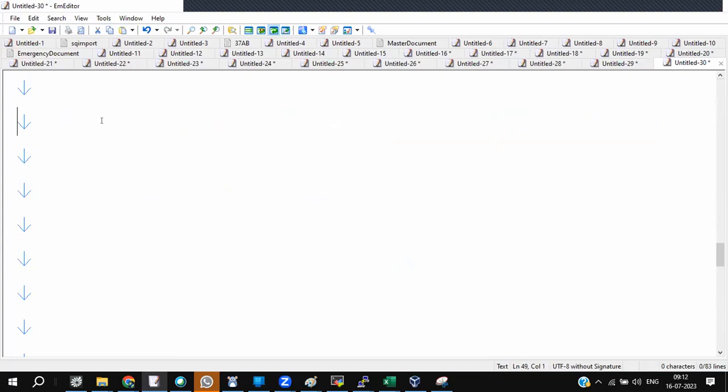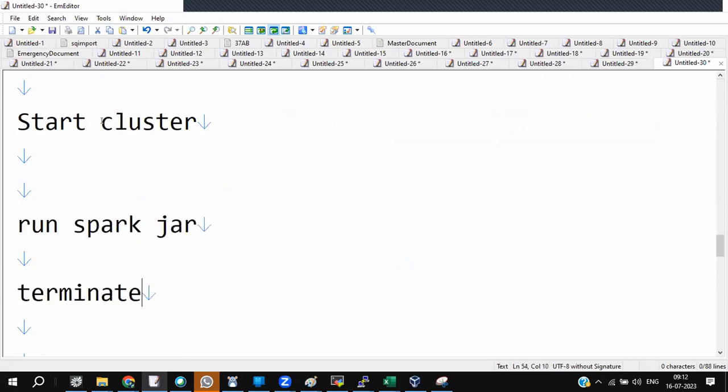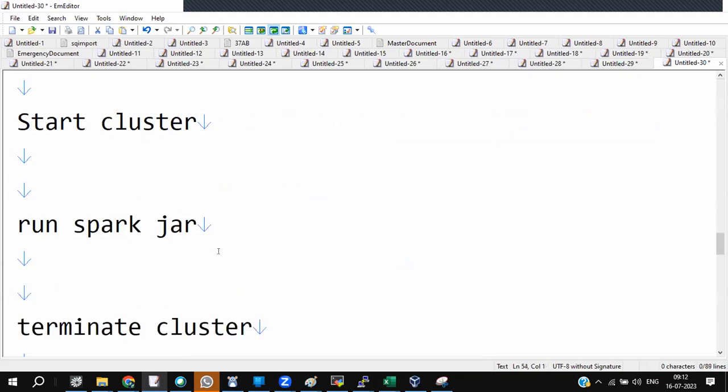Start, run and terminate. Start a cluster, run the Spark jar, terminate the cluster. Just have that in your mind.